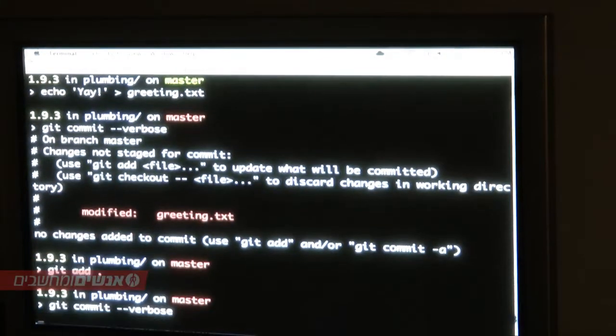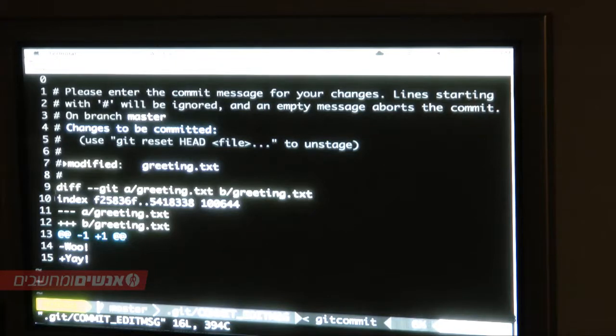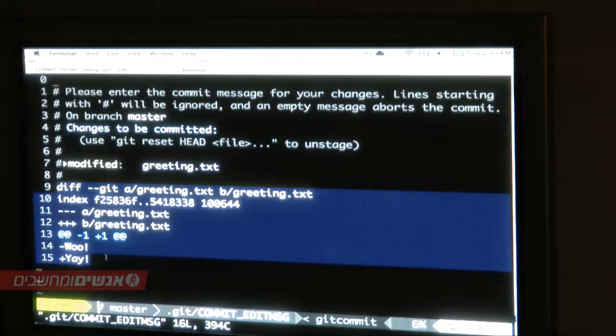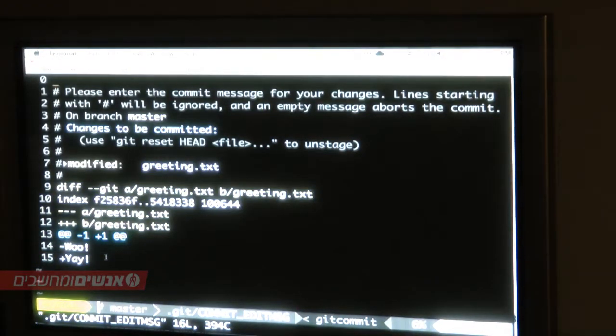Of course, I have to add it. So this time, it did not comment those out. It makes your message more verbose, so you can actually see the diff inside of your commit message. Normally it attaches that, but it's all commented out. Now, by default, it's going to try to commit with that message there. I don't think that's all too useful because that's pretty much all the data the commit contains. But, I don't know, could be useful, maybe.